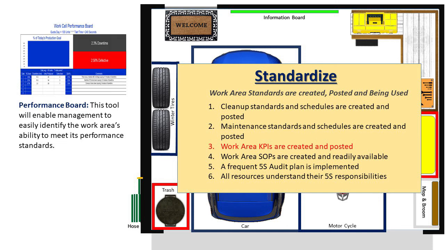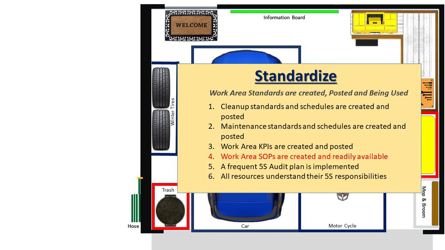Once the work area key performance indicators have been created, implement a visual tool to display the output standards. This tool will enable management to easily identify the work area's ability to meet its performance standards. After the work area's key performance indicators have been created and posted, the fourth step is work area SOPs are